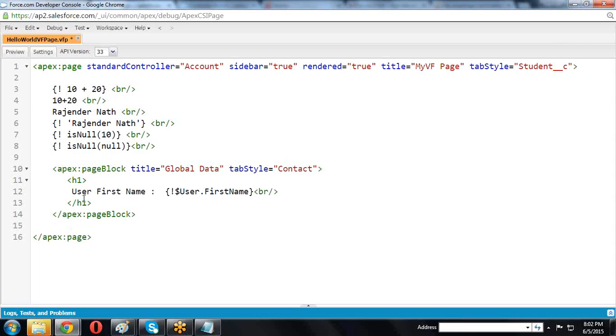User first name. Similarly, user last name.